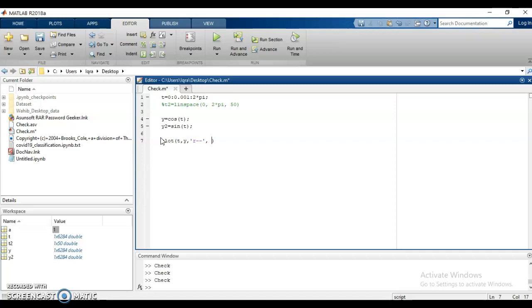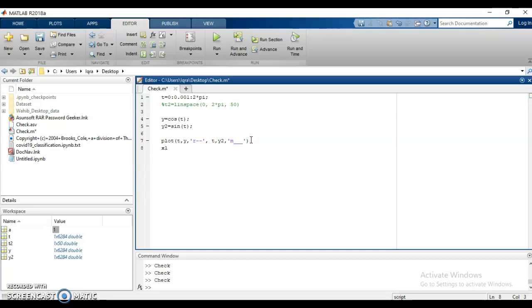Along with that, plot y2 with respect to t in magenta color and in a solid line. Okay, so this is another way of defining multiple plots in the same line, where we define the color schemes and the type of the graph by ourselves and plot multiple graphs all together.